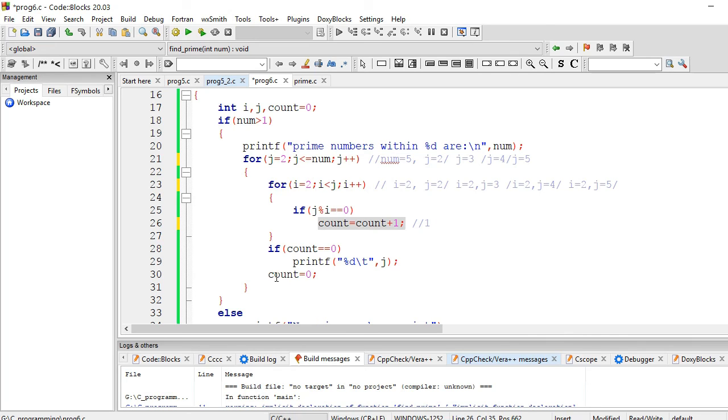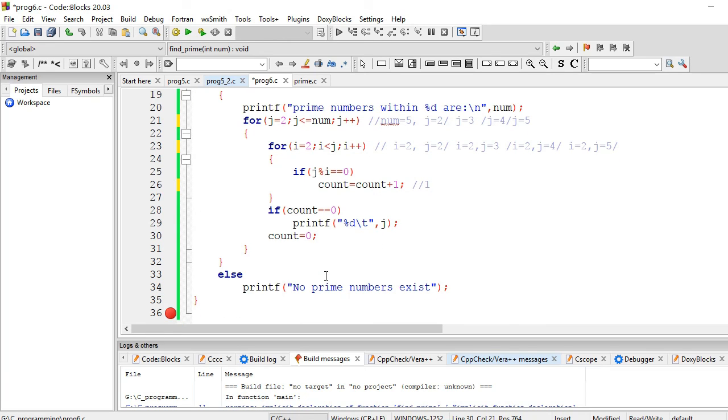Now if I don't declare that line, count will be 1, and for future iterations count will remain that number. So we have initialized count to 0 here also, because after every iteration of this loop, count will be 0.